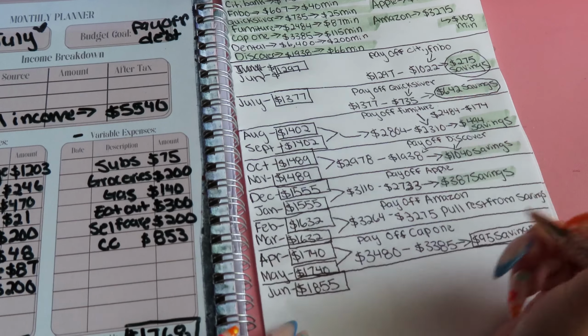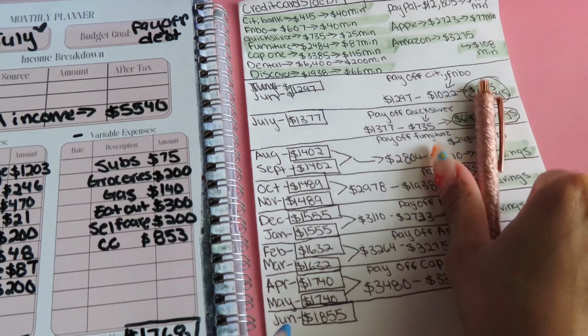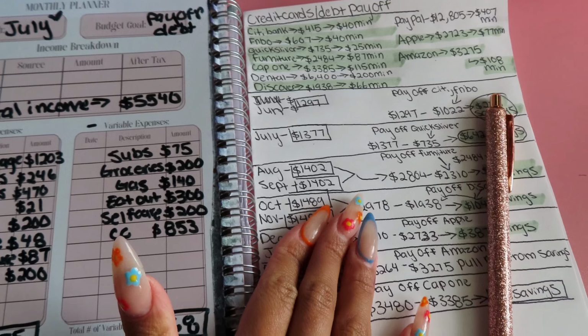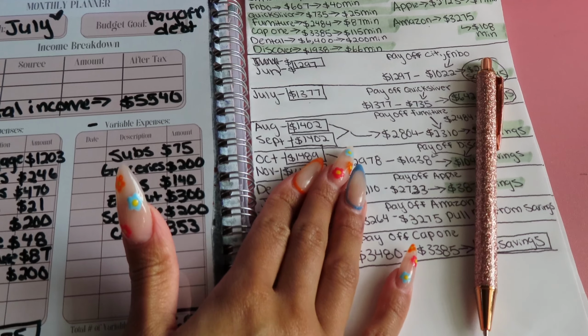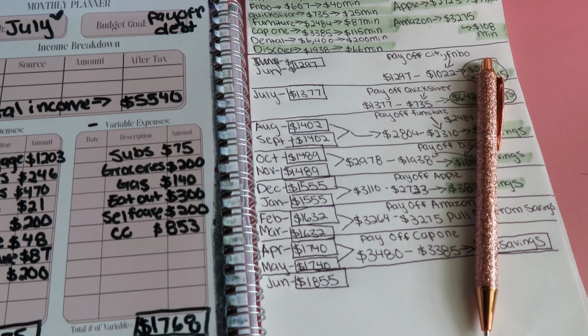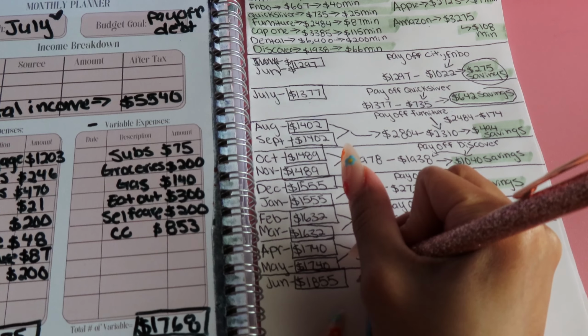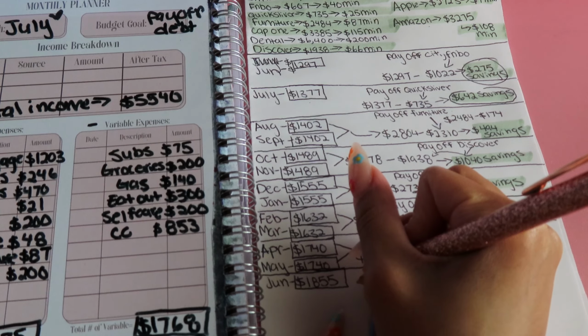We only have 2 more debts left. We have our dental and we have the PayPal. Okay, so we're down to the last 2 big ones, which is going to be our dental and our PayPal, which holds the highest one. We're gonna go ahead and get this dental out the way because it does accumulate interest. So what we're gonna go ahead and do,